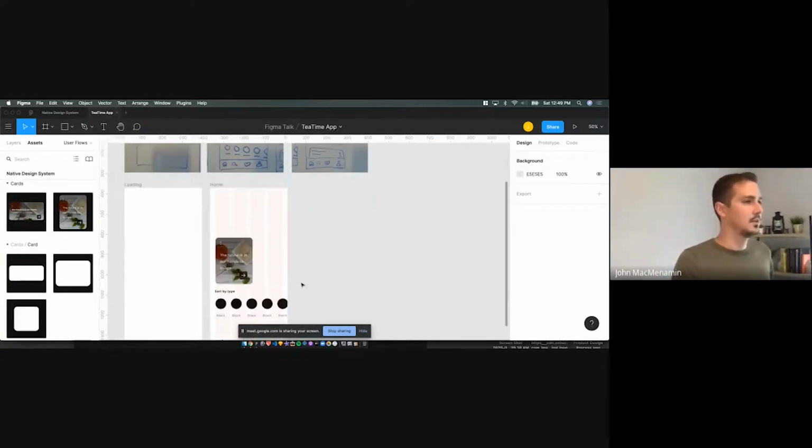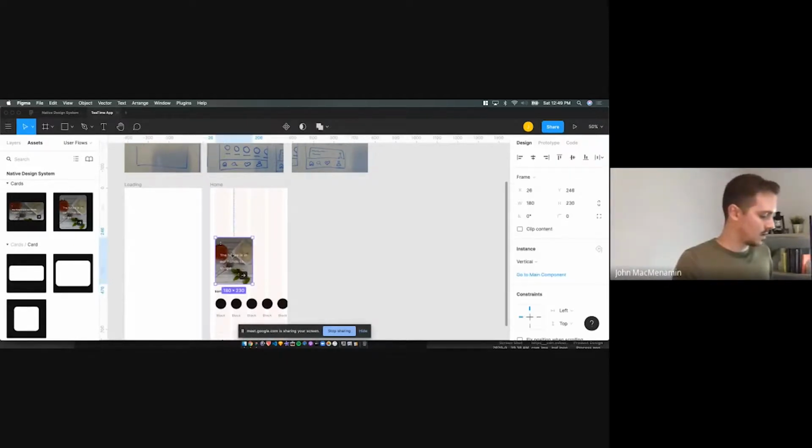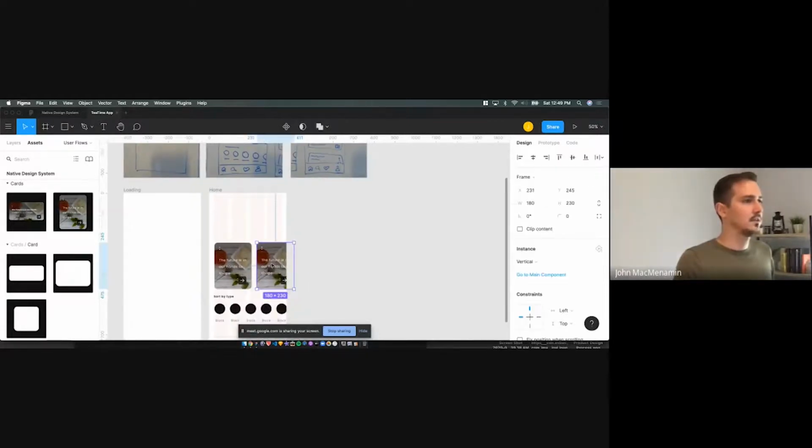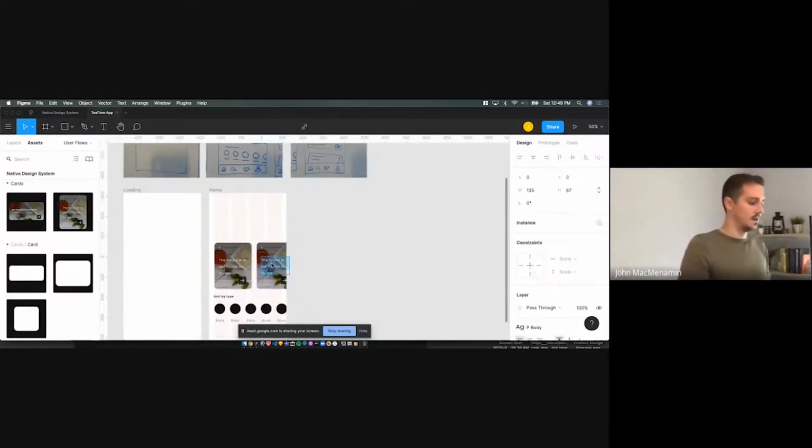Now I'm just going to take this component. I'm going to hold Option, and I'm going to duplicate it. 15 pixels. I'm going to do like 25 just because it's a bigger item. And then I can go in and I can update this too. So I can say,